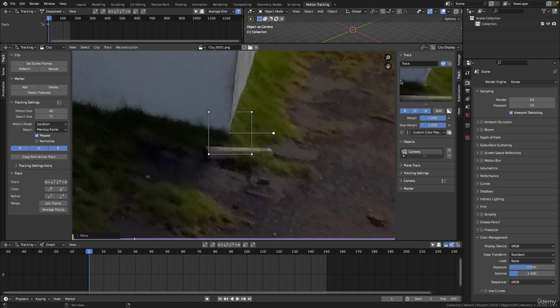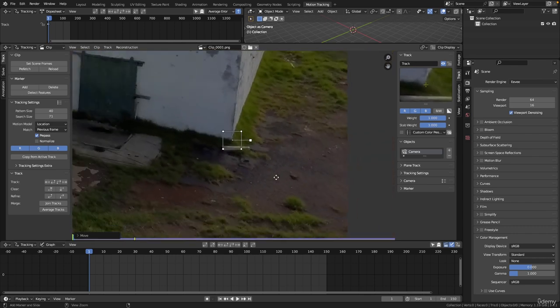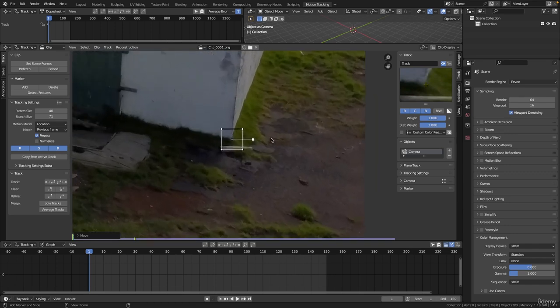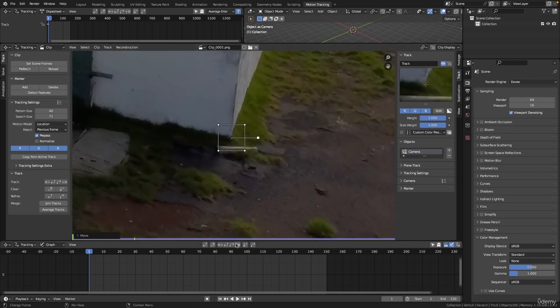You can now also drag around to reposition that tracker, and here on the left hand side under the track tab, you can also see the tracker in a close-up view. You can also click and drag here to do some fine readjustments for the position of that track, and once you are happy to track forward, you can either use the keys here at the bottom or these buttons. You can press this one that says track the selected markers forward for the entire clip,